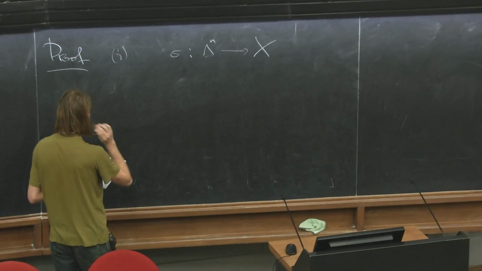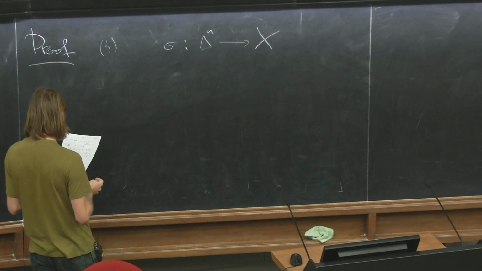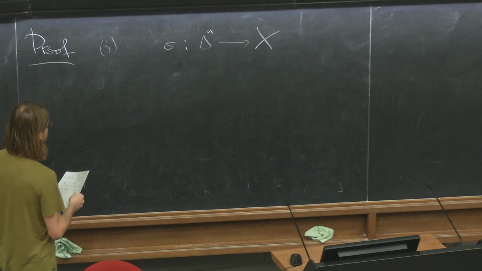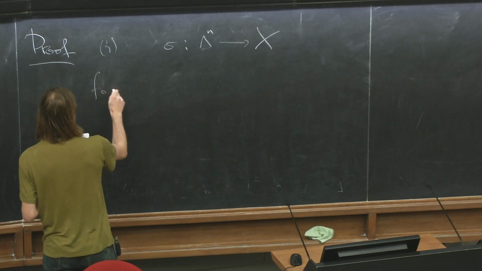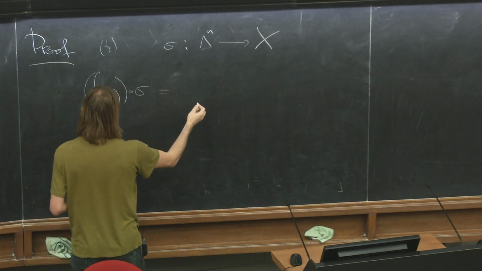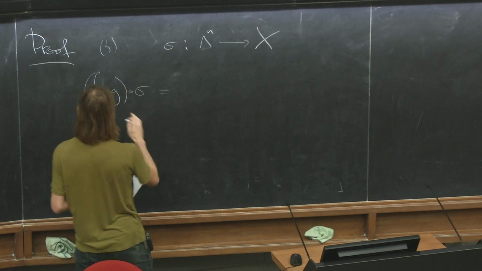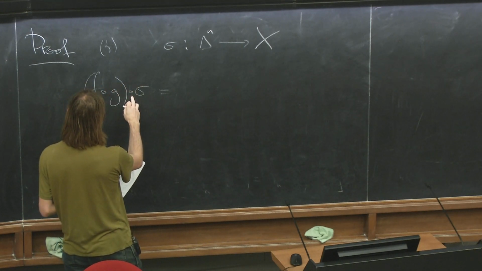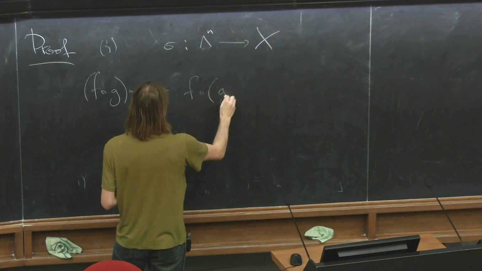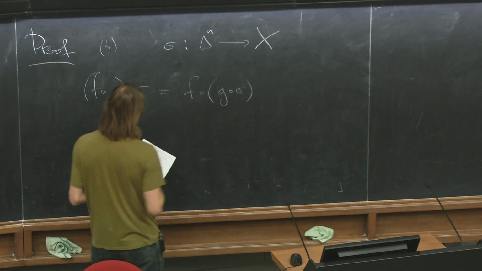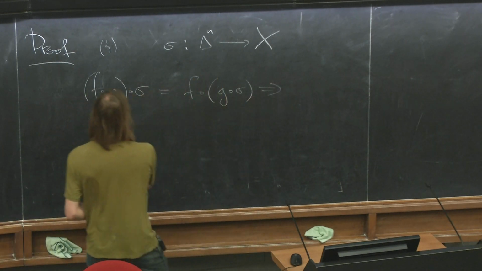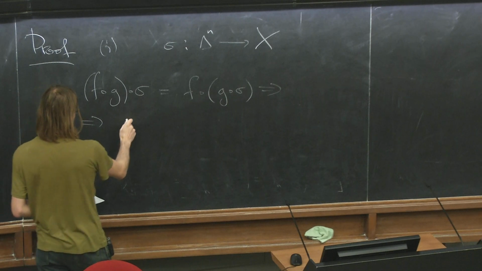And for this, let's consider just an arbitrary generator of the group of singular chains. Of course, by just the usual statement about composition of maps, the composition of F and G and then composed with sigma is the same as taking first the composition of G and sigma and then composing it with F. And from this it immediately follows that